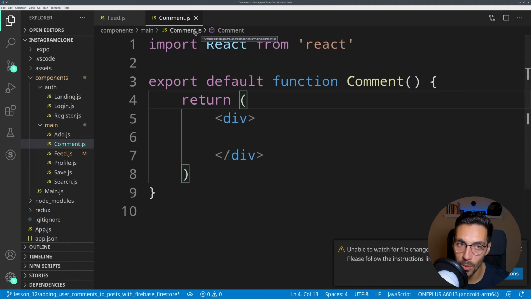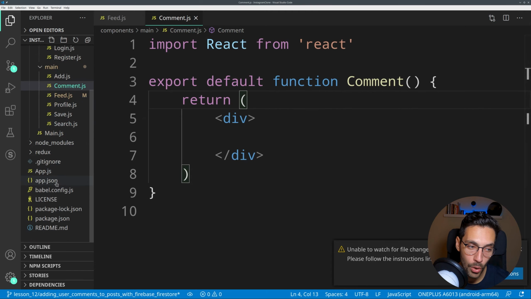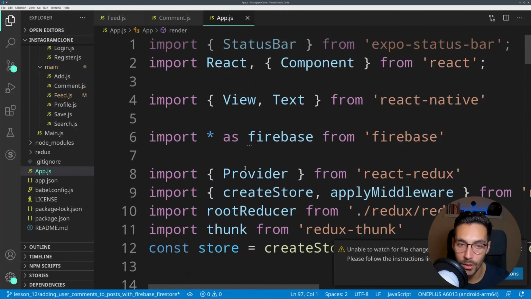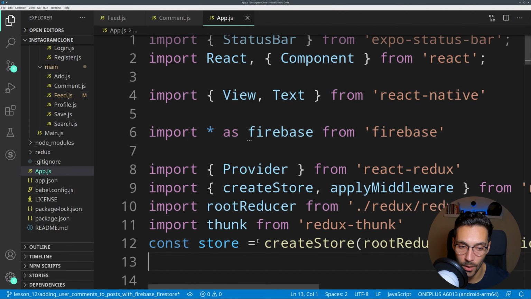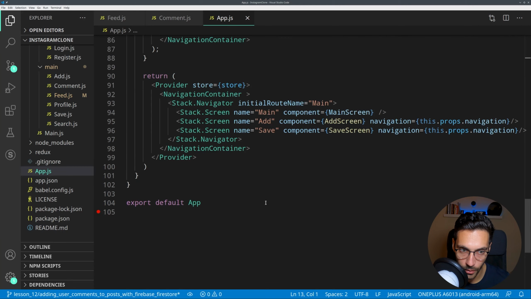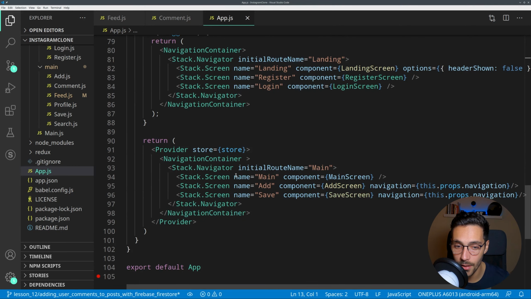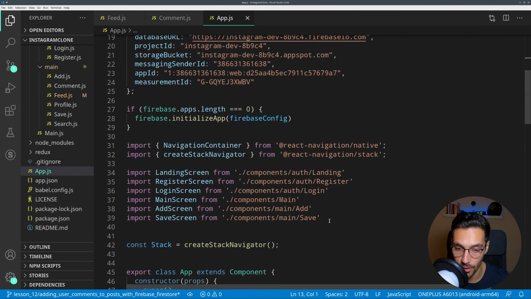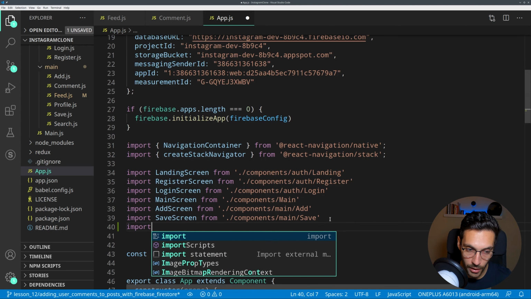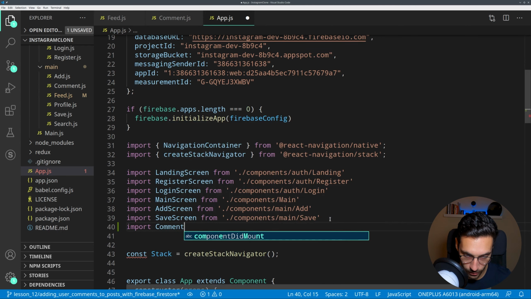Okay, so at this moment, let's leave it at that, and let's go into app.js and import it in here. Remember, in app.js, if we go below, we have all of our navigation containers, so we must add the comment page in here, otherwise the user won't be able to reach it. So the first thing that we are going to do is to import the comment screen